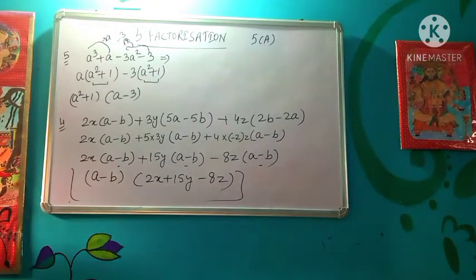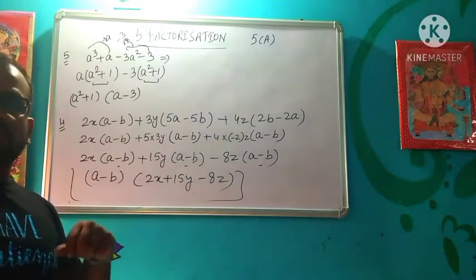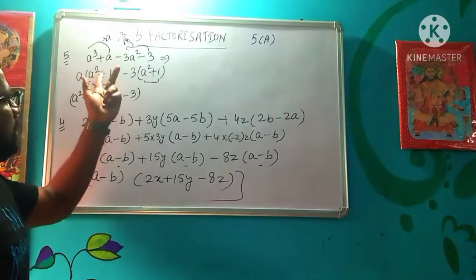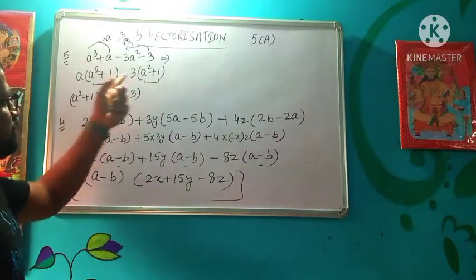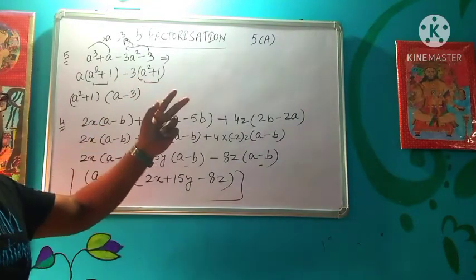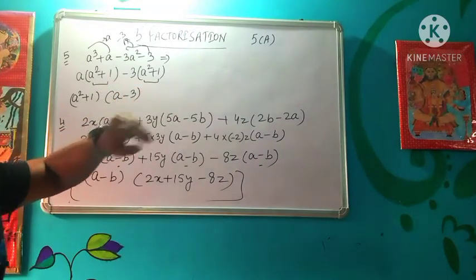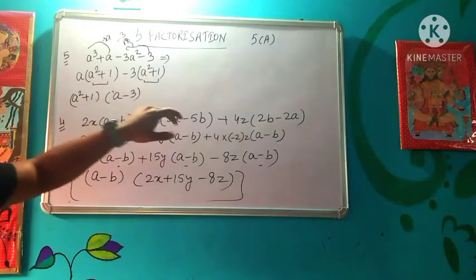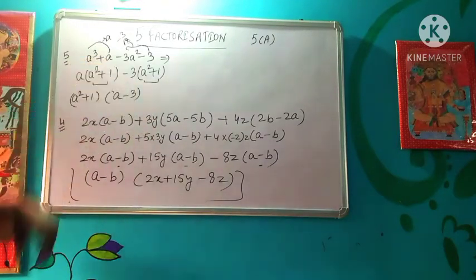The steps while performing this method are: first, you have to count the number of terms. Terms should be even. Then you will make suitable groups. From each suitable group, you will again take out one term as common. After taking the term as common, you will see that in the bracket you will have a certain term which is common in all the terms. That term will be taken out, and this will be the factorization of this expression.